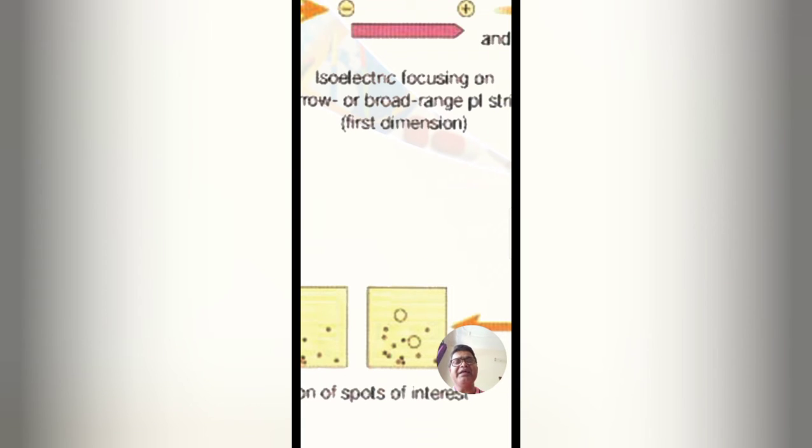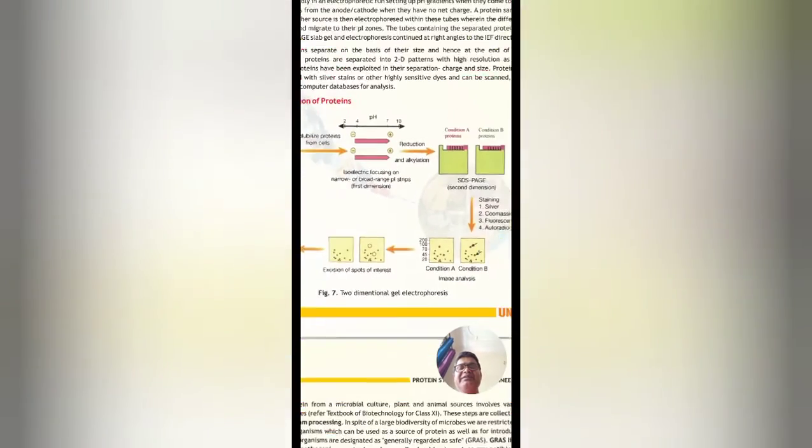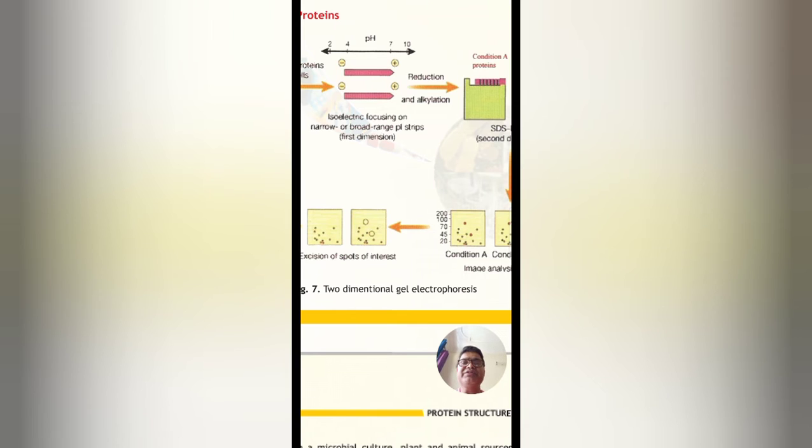On the other hand, if we are following only SDS-PAGE, in that situation also we will not be able to find whether the proteins have the same pI or not. So for further clarification, the final clarification of the protein structure, protein size, protein pI, we proceed for 2D gel electrophoresis. That's why 2D gel electrophoresis is better than 1D gel electrophoresis.